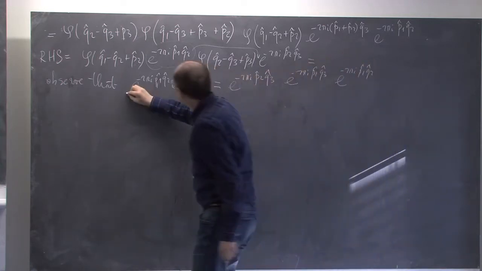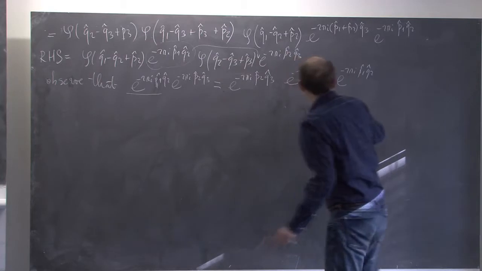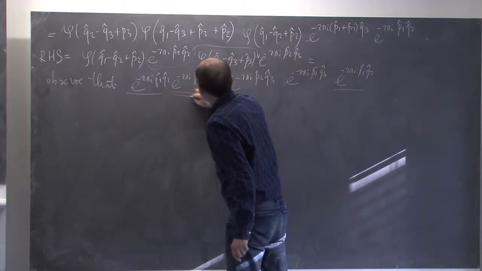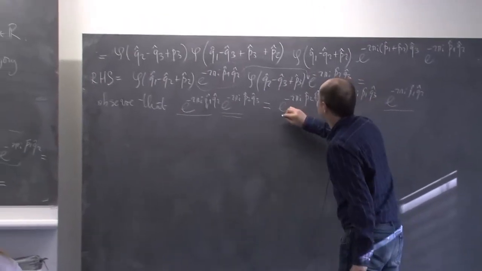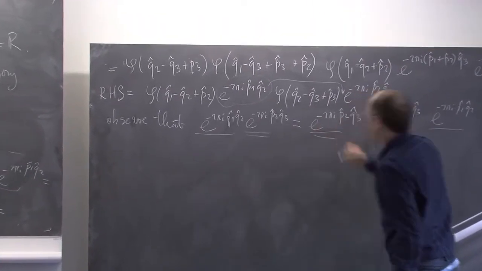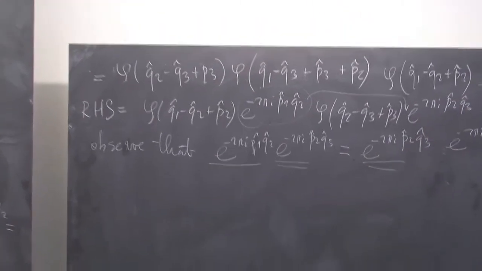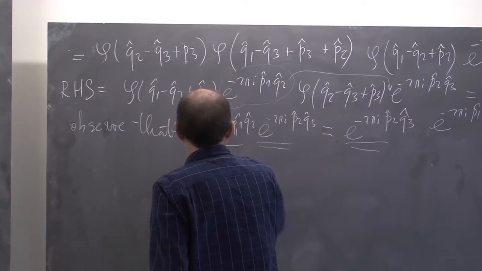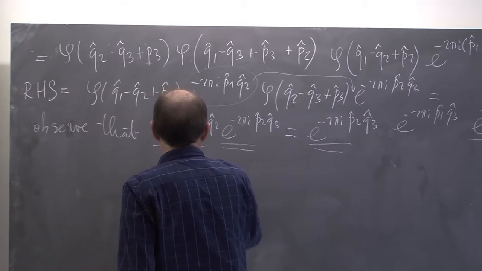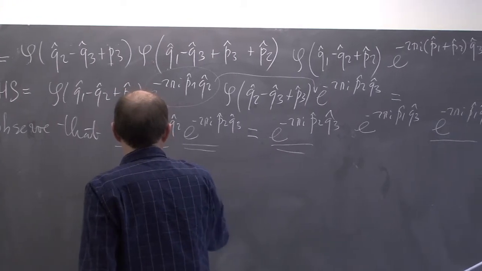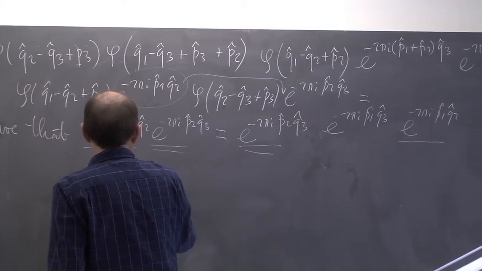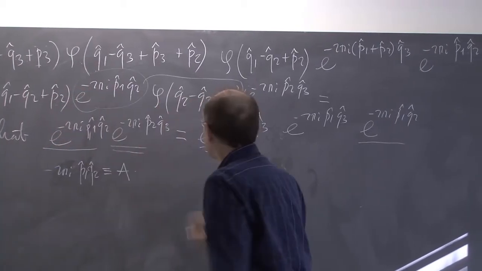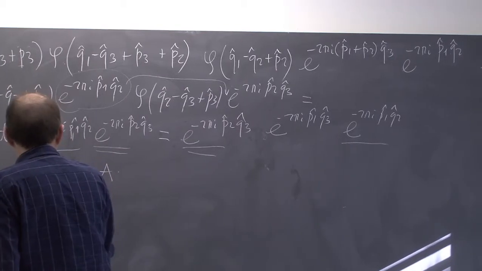So you see that the rightmost term in the left-hand side coincides with the leftmost term. And then let us call minus 2 pi i P1 Q2 by A, and this term by B,